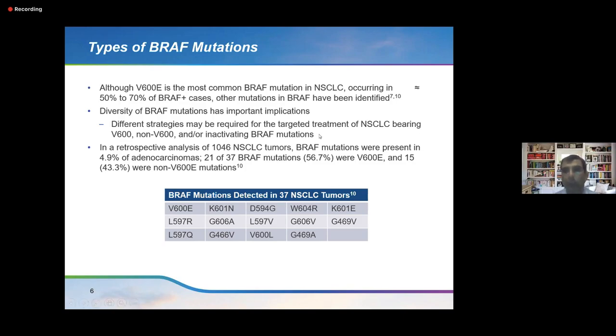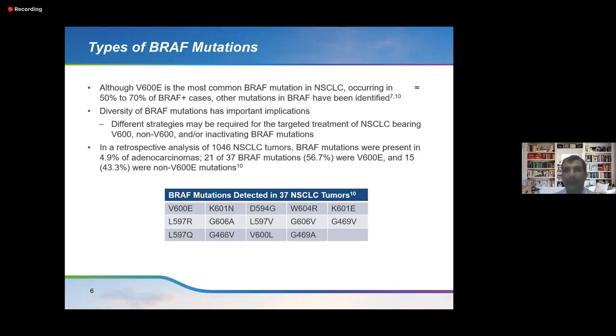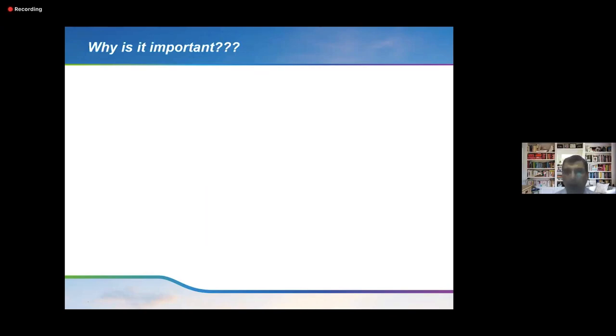Now, BRAF has two kinds of mutation. One is a V600E mutation, and the second is a non-V600E mutation. And that's very, very important, which basically says, as Dr. Anubha was telling very rightly, you should actually have a look at the pathology report. You should talk to your molecular pathologist about what the report actually shows. So the BRAF V600E mutation is not the only thing. And why is it important?